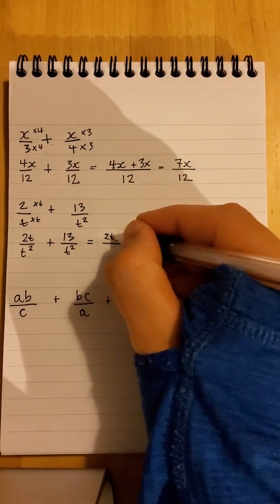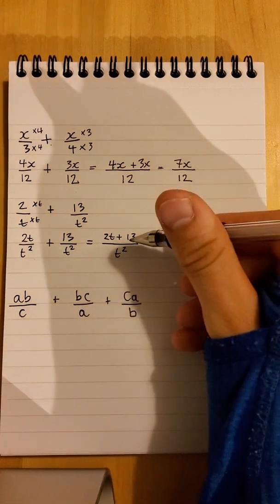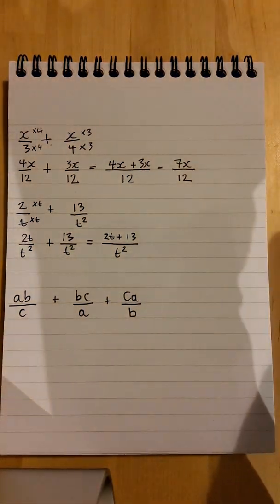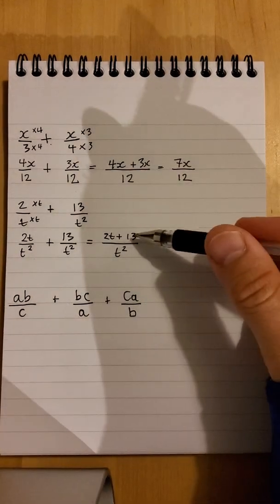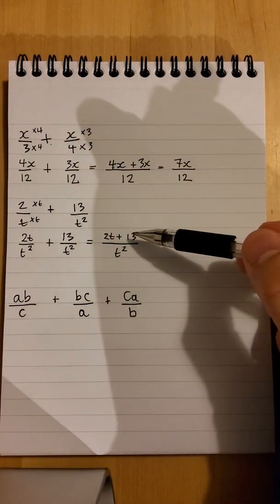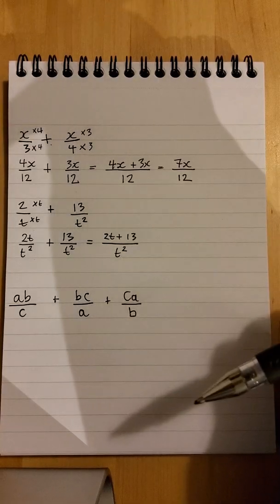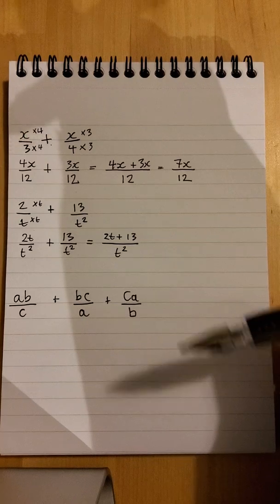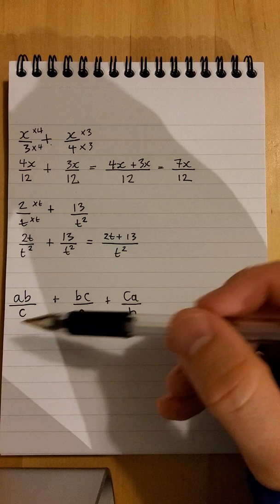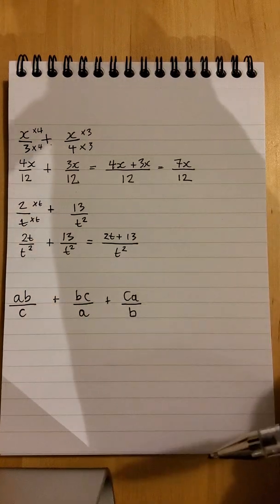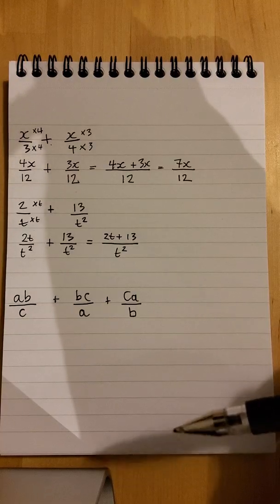And it's where you feel uncomfortable, because you don't have something nice on top. It's an expression, but that's fine. We followed the method. And that's just what it is. Check for anything to cancel, but in fact on the top here there's no common factor. Cancelling can only take place if there's a common factor that we can actually take out and cancel, so we'll leave it there. And this last one kind of confuses people,